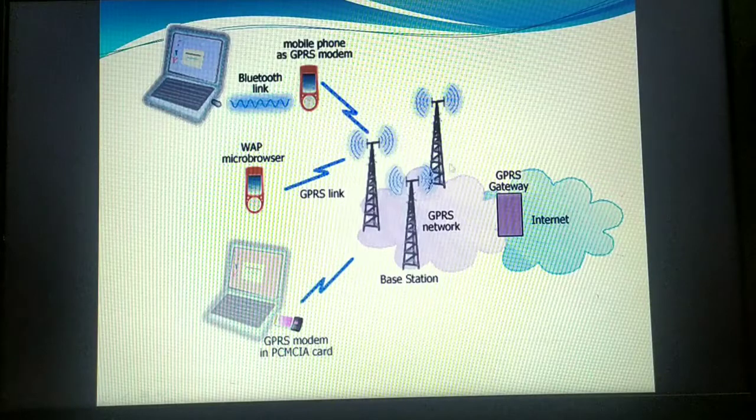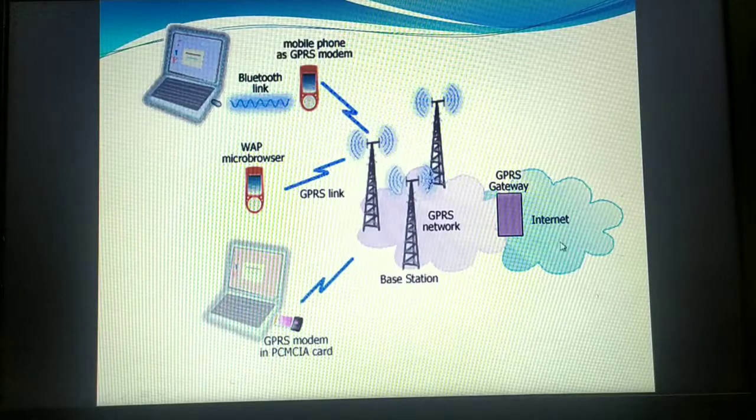Again all these GPRS networks are in turn connected with the gateway. We have said that in an organization the gateway works as a firewall. This gateway is a node that helps you connect two dissimilar networks. It connects the internet and it might be the LAN network, or an individual mobile phone. This is again a LAN network. So gateways help you connect two dissimilar networks, and also act as an entrance between the two different networks. All this GPRS network in turn helps you connect to the internet itself.